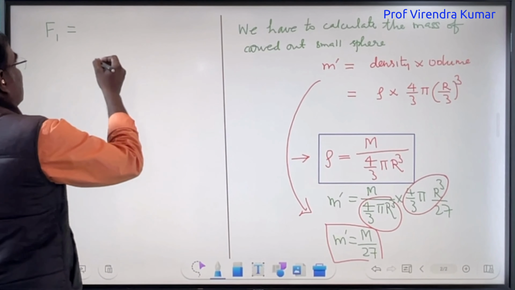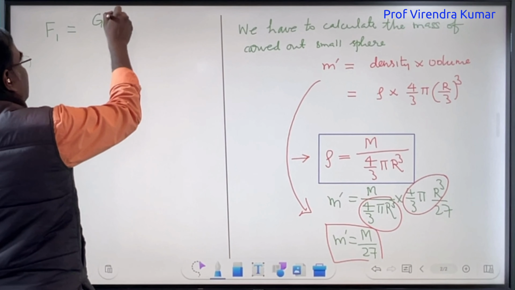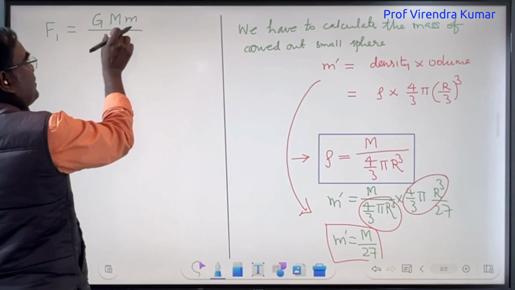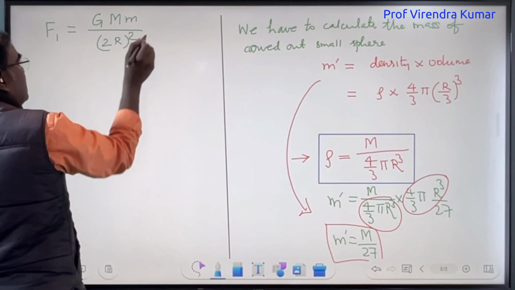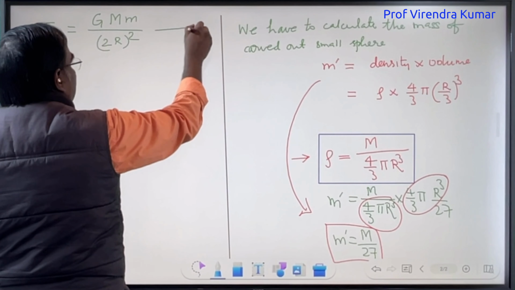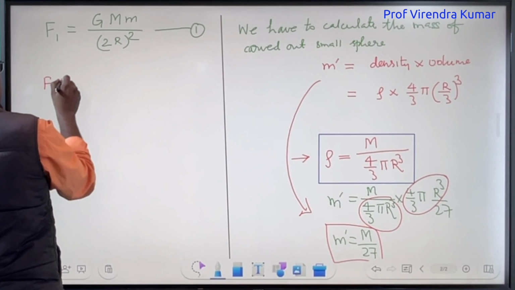So F1 is equal to capital G, capital M, small m, and the distance between the capital M and small m, that is 2r whole square. This is the F1, right? This is the F1. Now F2 is equal to